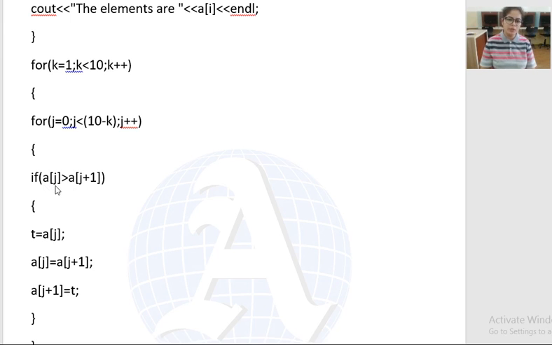We have to compare the jth element with the j plus 1 element. Students, if you know the algorithm, I have detailed everything in the algorithm with the example, so it will be easier for you to understand the program. So j means the element at index number 1, j plus 1 is the element at the next index, index number 2. So if a of j is greater than a of j plus 1, where a is the name of the array, that is, if the element at jth position is greater than the j plus 1 element,